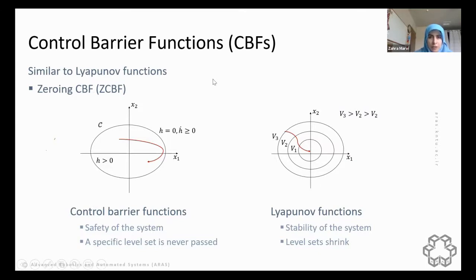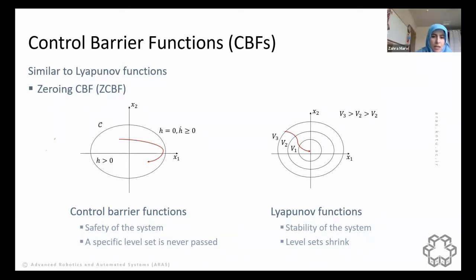They're conceptually similar to Lyapunov functions. To make it closer to mind, I bring the example of a Lyapunov function as well. Assume we have a positive function which is decreasing, then it enforces the trajectory of the system to move toward the origin because it cannot pass any of the level sets. So it's used for stability of the system, and the level sets are always shrinking. Control barrier functions are less restrictive. The level sets do not need to always be shrinking. We just want that one level set, which is defined by our safety criteria,